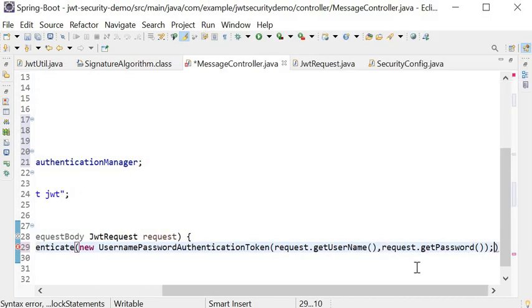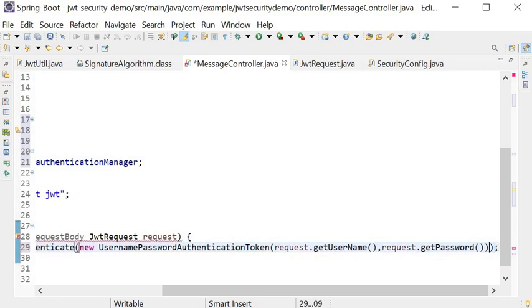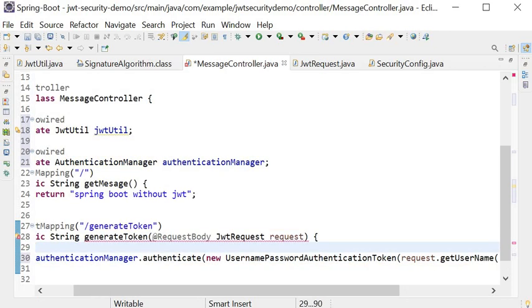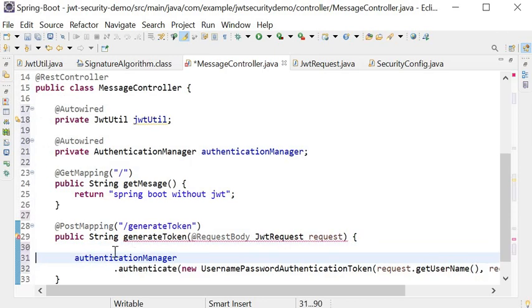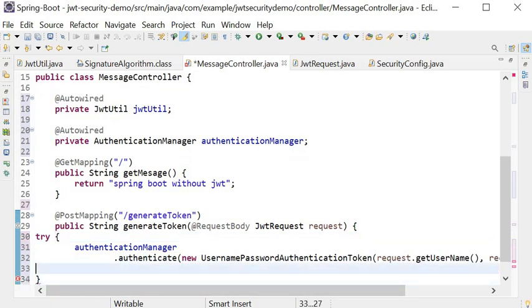And here I will do this, but I will place this code into a try catch block. So if there is no exception, then only I will generate the token. Otherwise, no need to generate. So here I will use a catch block.